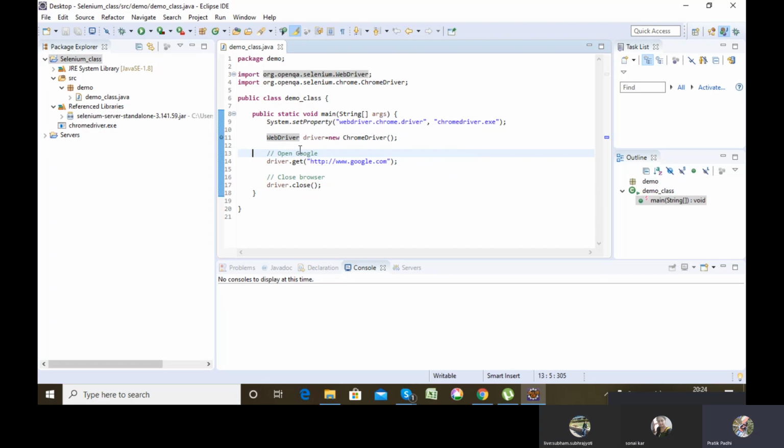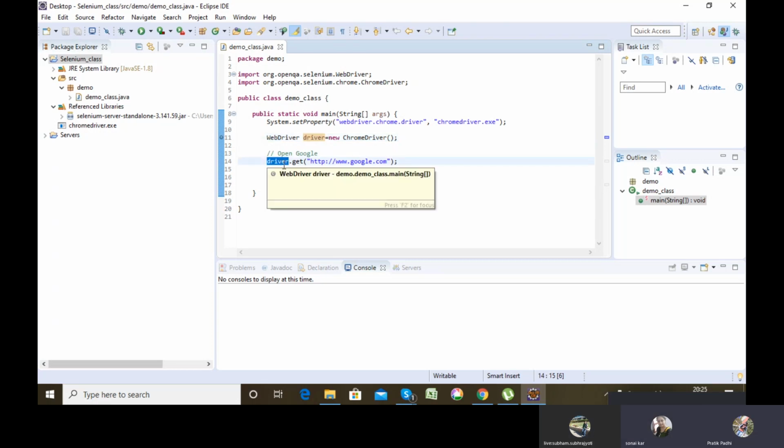The get command, I'll be using the object which I have created, that I have given the name driver. So I'll be writing driver.get, and inside the argument I will be passing the URL which I need to open. The URL which we need to open, we pass as the argument of the get command.